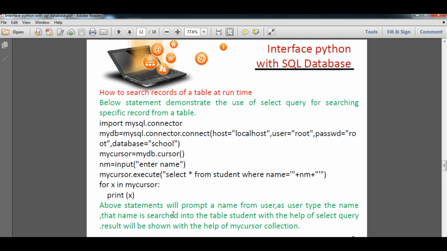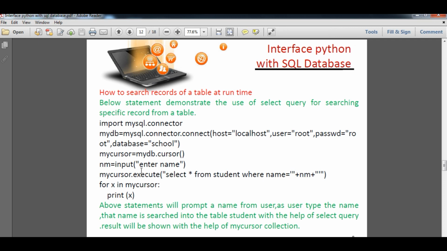Now, how to search a record in a table? We have also done this program in an earlier video. If you want to see this program, you can watch my earlier video. So here simply we import the connector, then the connection establishment statement, we get the cursor, then we ask the user to enter the name, roll number, or whatever attribute we require to search, and after that nm will store the name of the person. mycursor.execute, simply select star from student where name is nm.